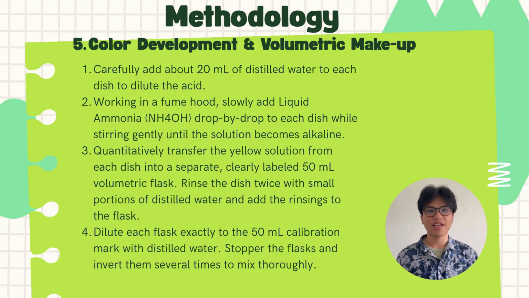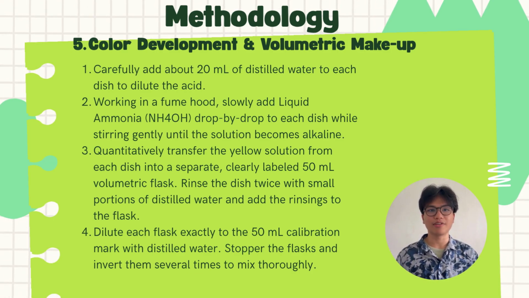First, carefully add about 20 ml of distilled water to each dish to dilute the acid. Next, working in a fume hood, slowly add liquid ammonia drop by drop to each dish while stirring gently until the solution becomes alkaline. Next, quantitatively transfer the yellow solution from each dish into a separate, clearly labelled 50 ml